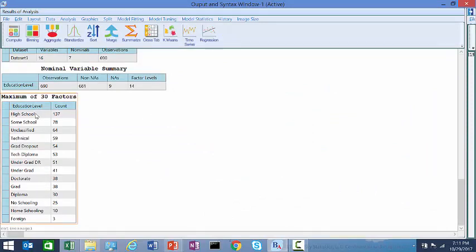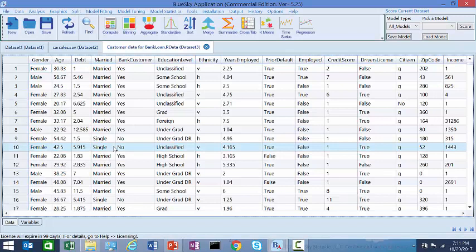And here I can see the different levels of education level, and how many data points belong to high school, how many people have had some school, how many people are grad dropouts, how many people have done a technical graduate degree, and so on. All right,